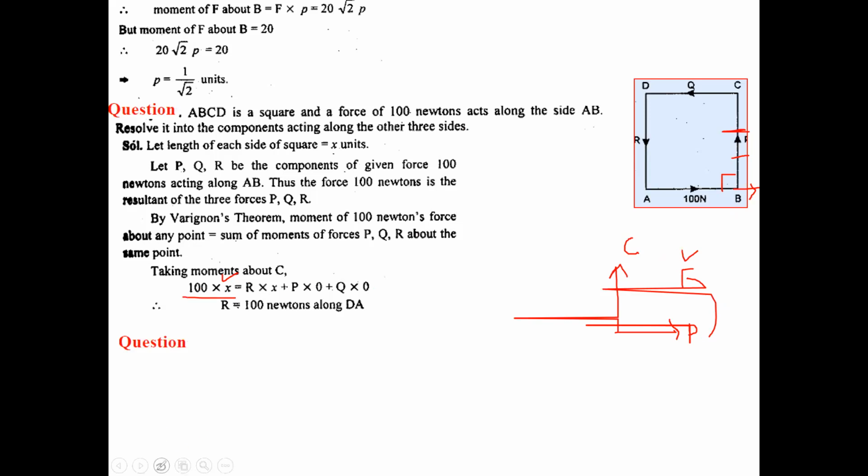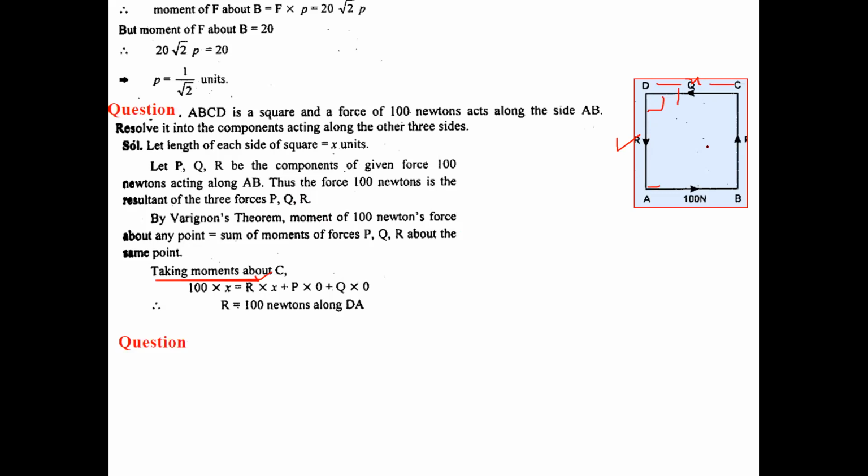Similarly, now we will calculate the remaining three forces as well. So for R, first let's see what moment it gives. This is the line of direction of force and obviously this is the perpendicular. So again it will be x, the length of the perpendicular is x because this is the side of the square. So R into x, and also this will be positive because the shortest distance is in the direction of anti-clock sense.